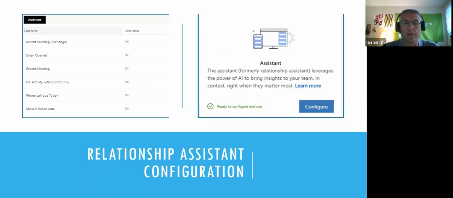So in order to configure the relationship assistant, like I said, these are all the out-of-the-box cards over on the left. There was an email that was opened recently. There was a meeting that was happening recently. There's no activity on an opportunity, like I told you. And this